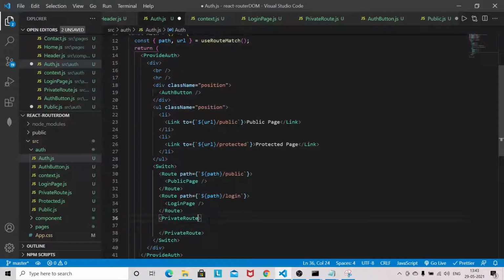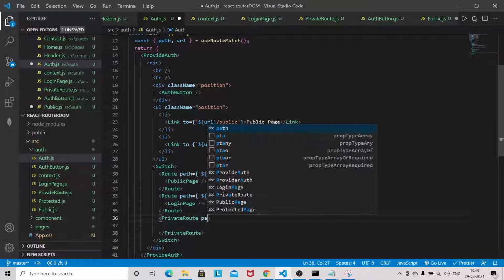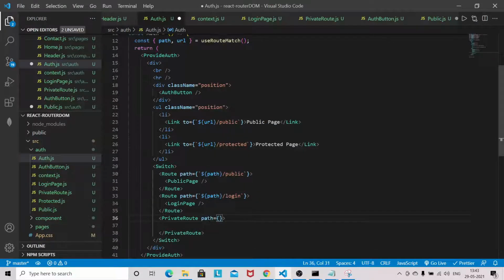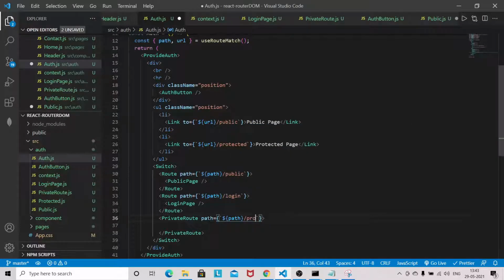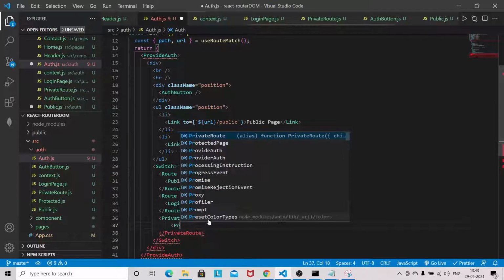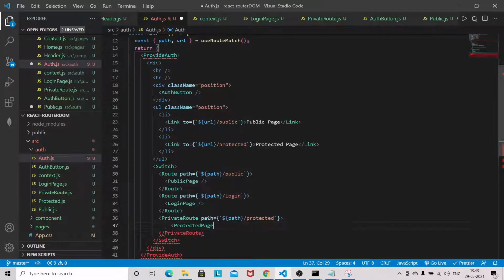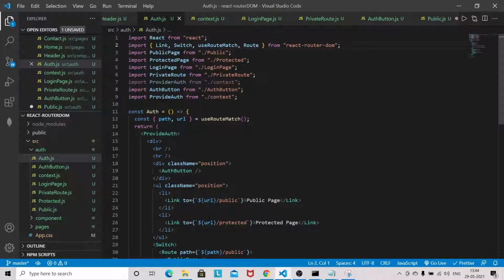Path is equal to protected. And the component will be protected page. Okay, so I think we have implemented almost everything.